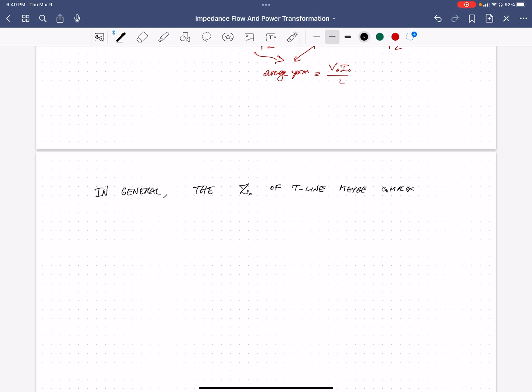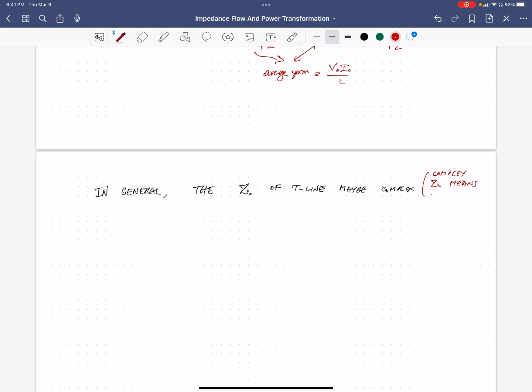Meaning that it's no longer lossless. The complex one will in general not be lossless. So complex Z0, by the way, means